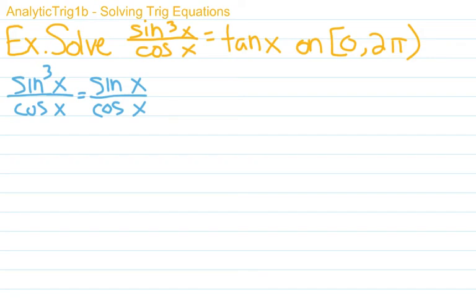All right, so now the next step is saying, oh, well, if we're dividing sine cubed x by cosine x, we can multiply by cosine x on both sides, so we end up getting sine cubed x equals sine x. So in this case, notice we're not dividing by cosine x. We're not taking out that solution. In fact, it could make our solutions even more